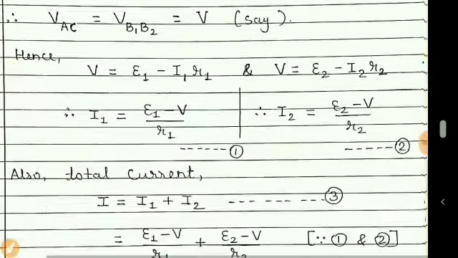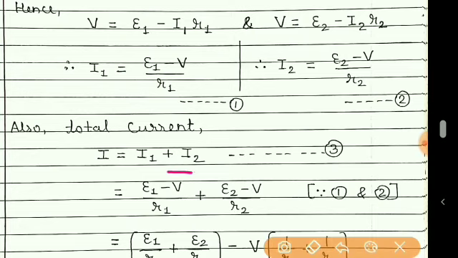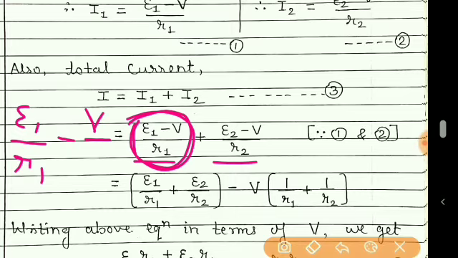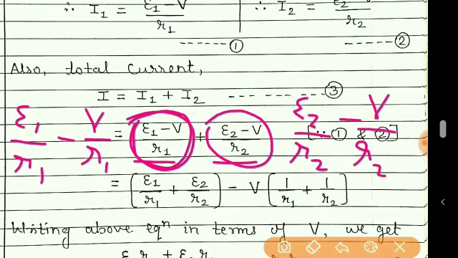So writing this, I is equal to I1 plus I2, and putting the value of I1 and I2 from equation number 1 and 2, we get this step. Now next is the reverse of the LCM process. That means this can be written as epsilon 1 upon R1 minus V upon R1. Similarly, this can be written as epsilon 2 upon R2 minus V upon R2, and then